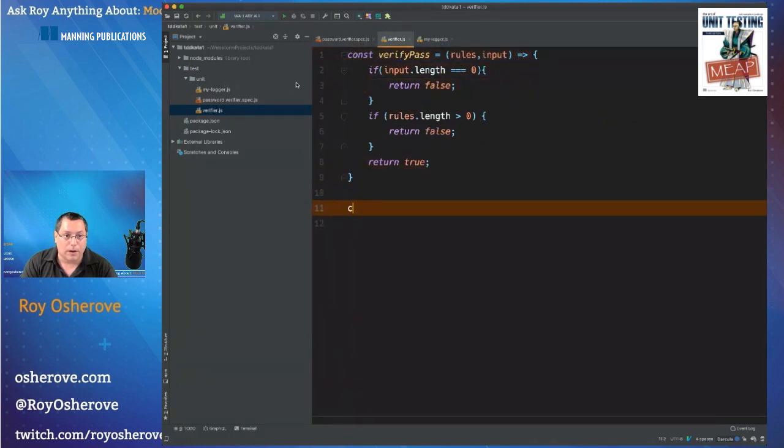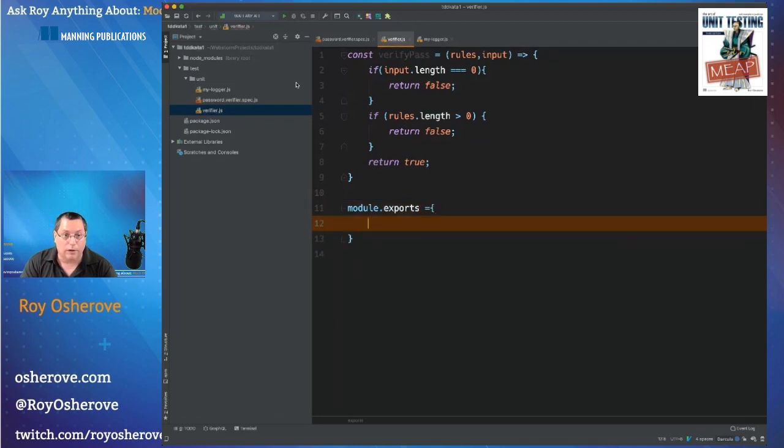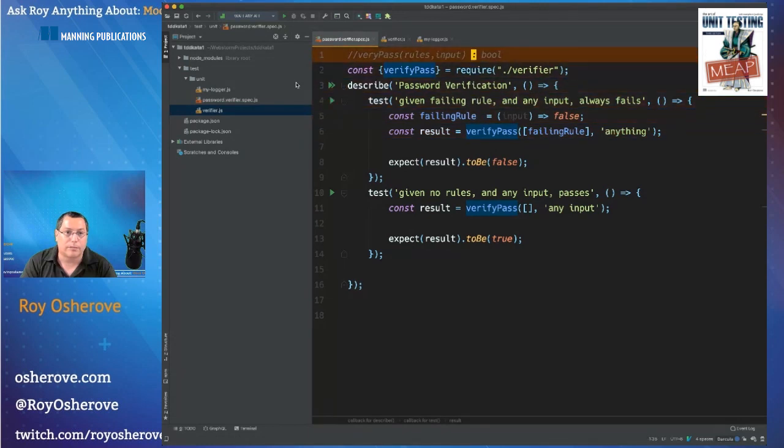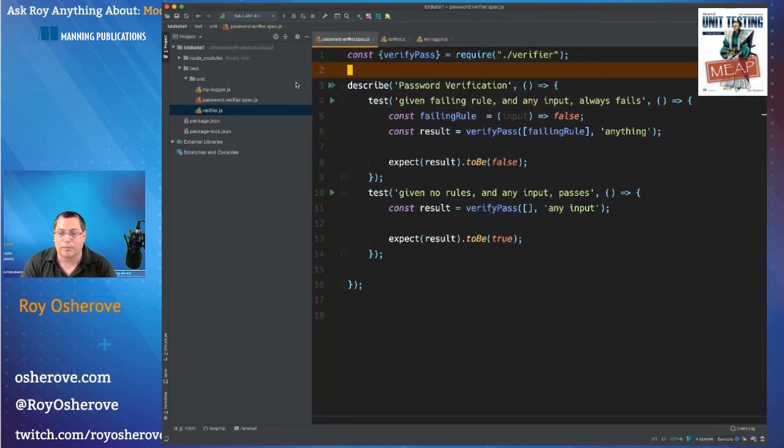And I'll do module exports is just an object that has verify pass. That's it. And let's see if I can just import it here for my tests. Perfect. So far so good. I've just refactored it so that we can see the dependencies.